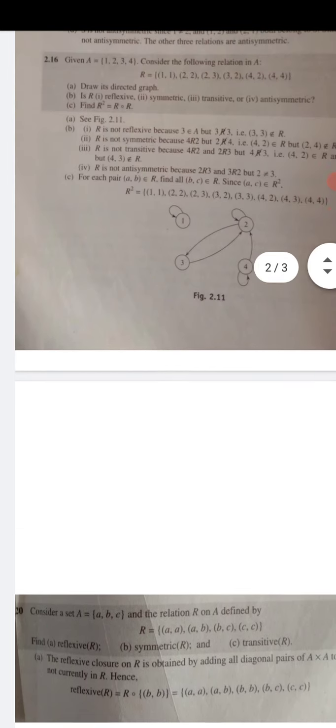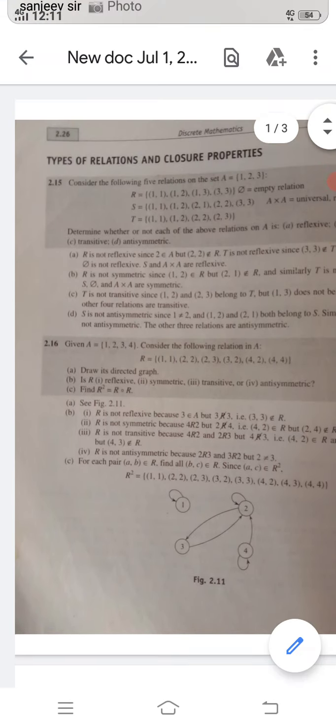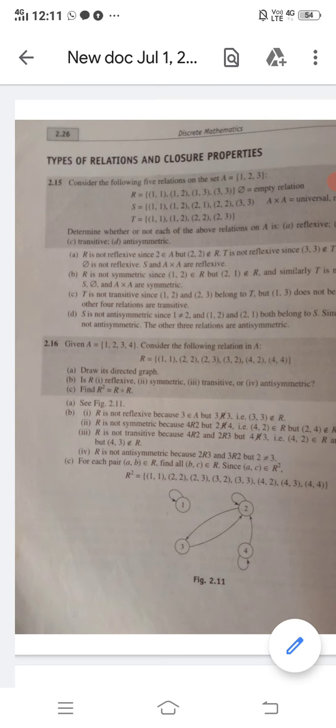In these relations we had to check or determine कि इनमें से कौन सा रिलेशन रिफ्लेक्सिव, सिमेट्रिक, ट्रांसिटिव, एंटीसिमेट्रिक है. We just have to check. Now here we have to find, उनको रिफ्लेक्सिव बना के दिखाना है. So how will we make reflexive, symmetric and transitive relations? We will add the missing ordered pair in the given relation to make them reflexive, symmetric and transitive.